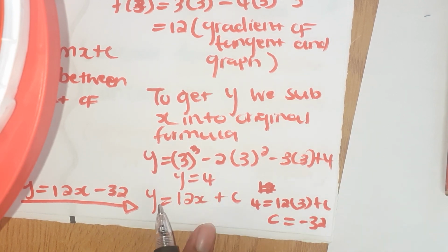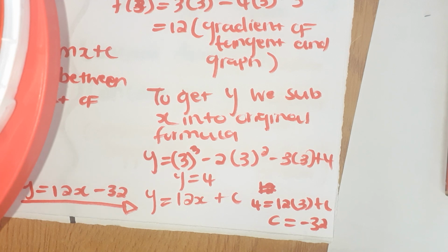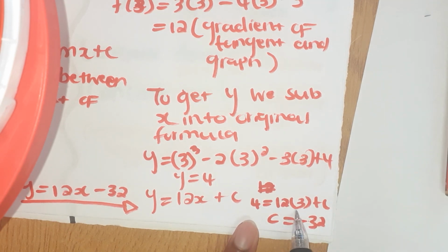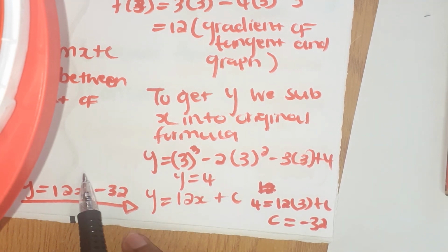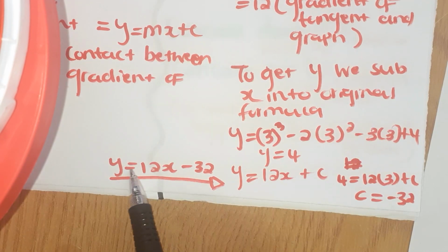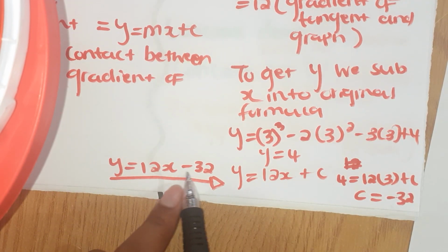Y is 4. So y equals 12x plus c, right? We have the value of y and x at this point, which is 4 and 3. We substitute to get c. Now we take this, we multiply, take it to this side, it will be 4 minus whatever we get here, we'll get 32, and that's the value of c, and this is the equation. Y equals 12x minus